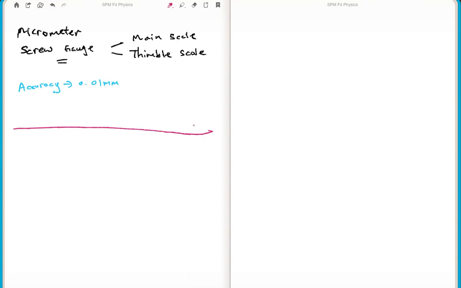Next would be errors in measurement. Types of errors in measurement, or you call uncertainties. There are actually 2 types. One is called systematic error, and the other is called random error. Okay. For systematic errors,